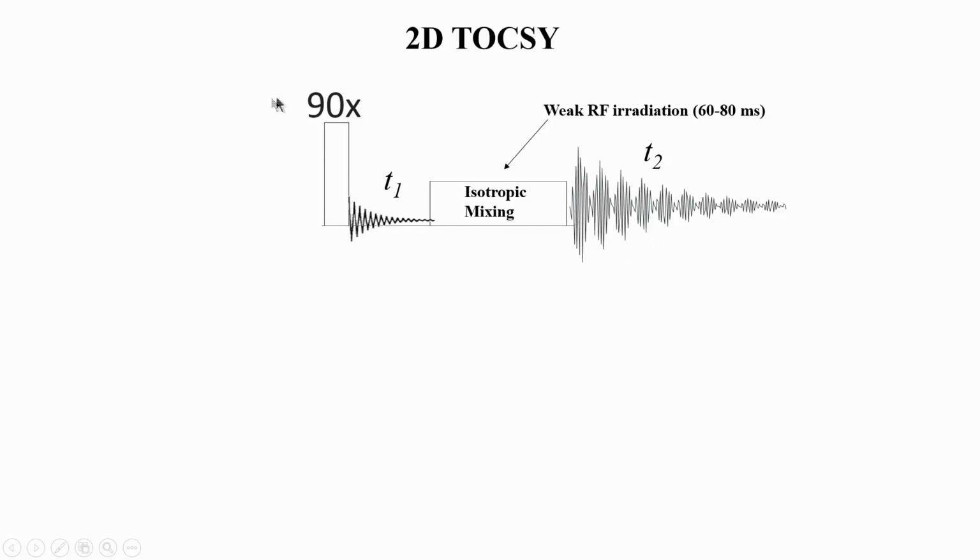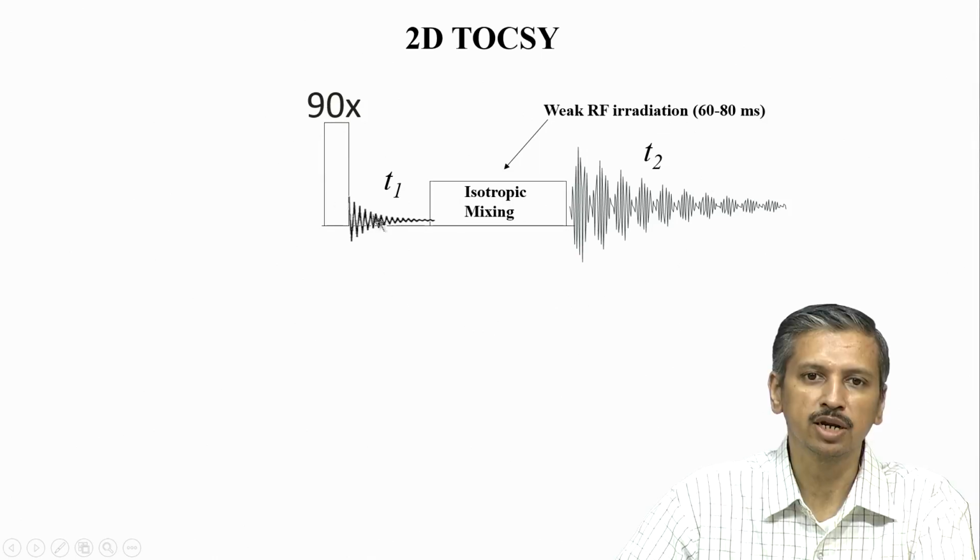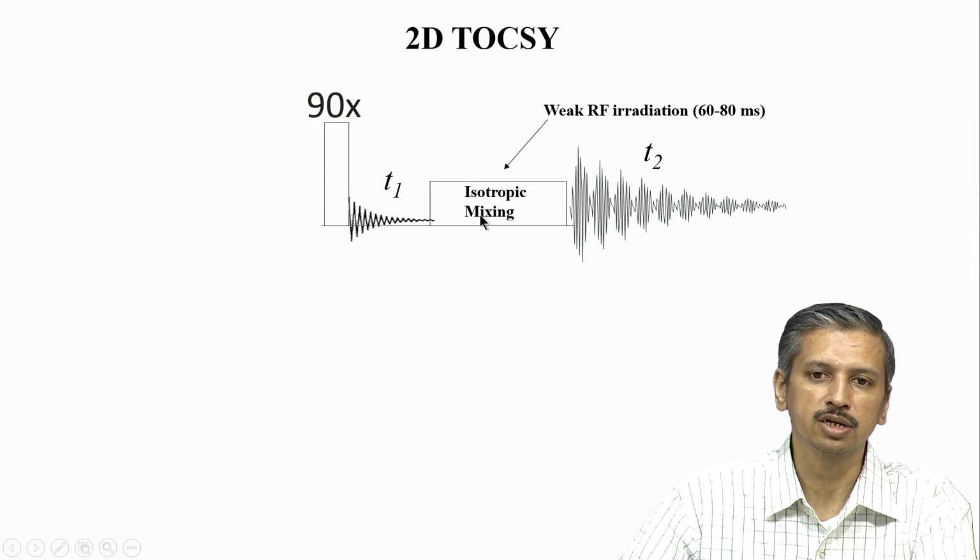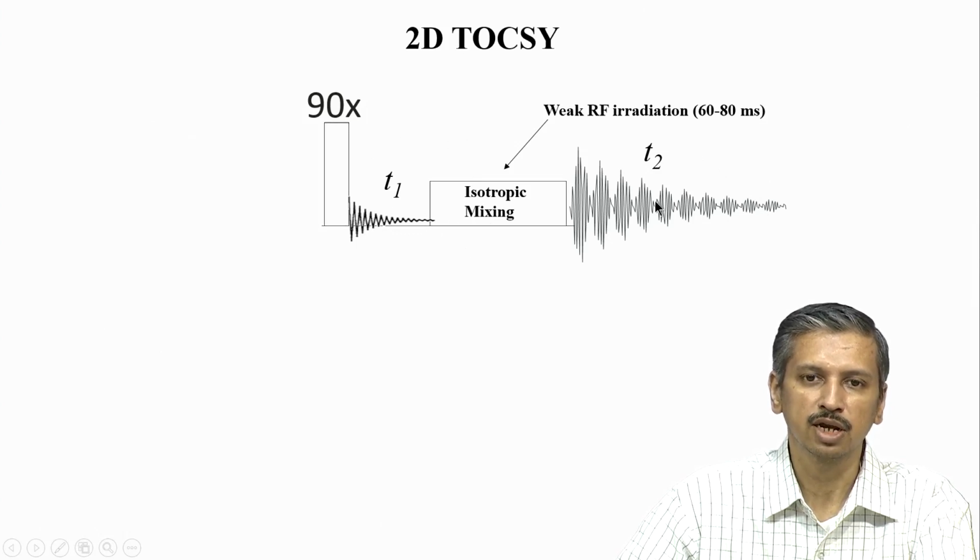This is how we analyze NMR experiments. We first look at the pulse sequence, how the pulses are applied in a given NMR experiment, and once you practice understanding these types of pictures, you will get used to immediately understanding how the magnetization is flowing in this pulse sequence. We call it the flow of magnetization, and an experienced NMR person can immediately look at this diagram and figure out what is happening.